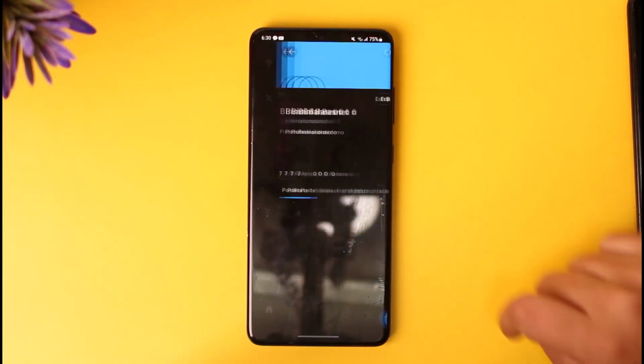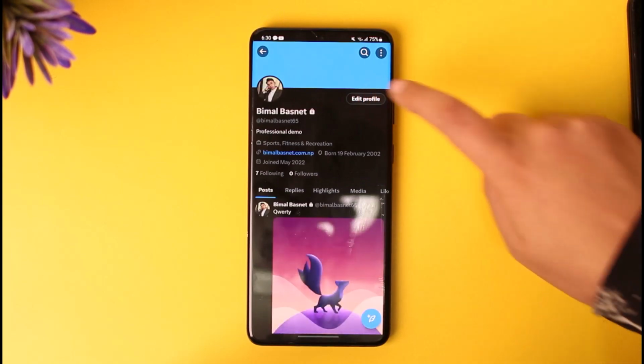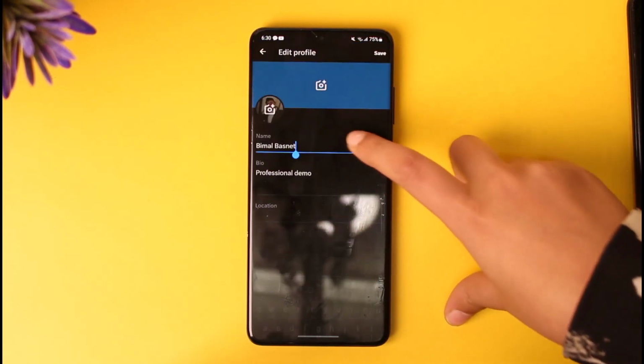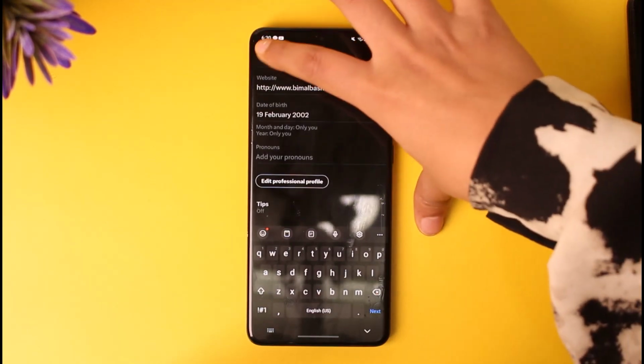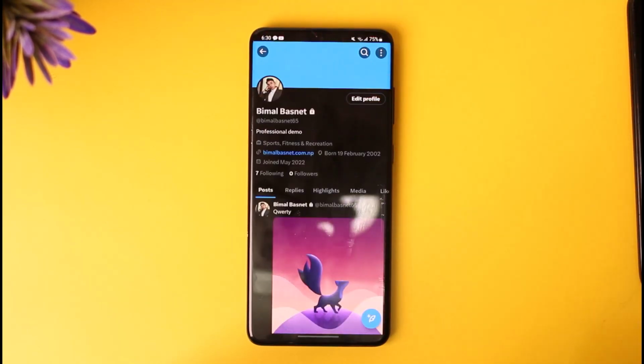again tap on your profile and you're tapping on this edit profile, and here in this section, for your name, for your username, if you haven't updated correct information, that is why it is showing you that kind of option. So, for example, if you have used a fake verification mark, check mark symbol in the name or bio field, for that matter you have to remove the check mark in order